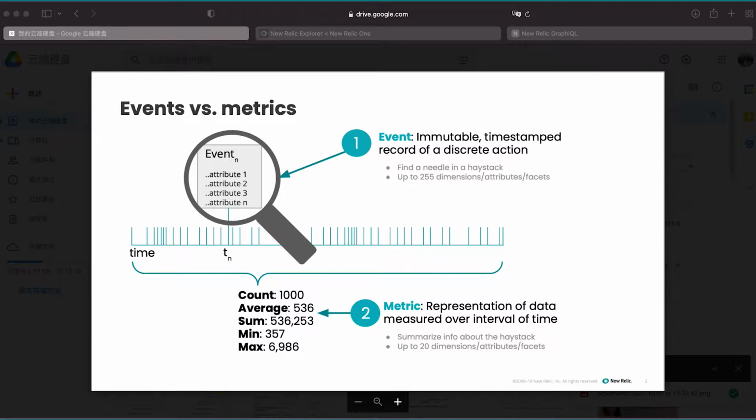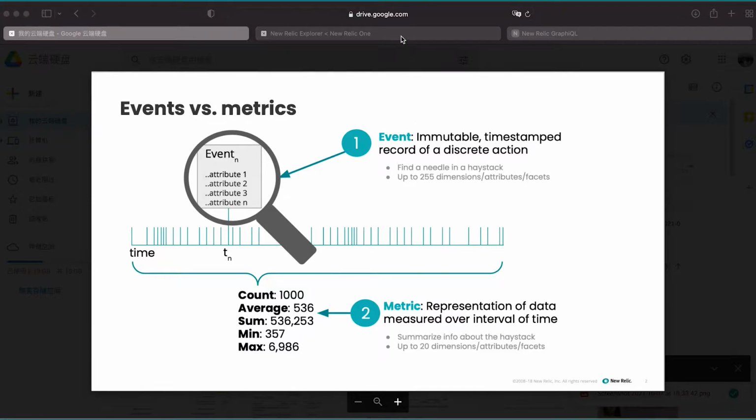Well, events are great for troubleshooting, but for long-term storage, they can be expensive. This is where metrics data can help. For metrics, we have 13 months data retention by default, and it also provides an aggregated view of your events data, and is more efficient for capturing trends over longer time ranges. For example, it could aggregate transaction response time for your website into one metric and then examine the data month over month.